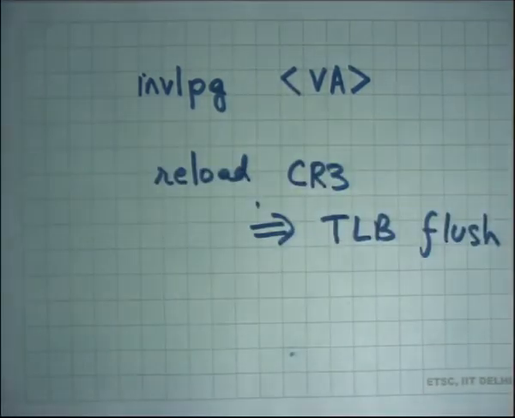So on every context switch, you flush the TLB completely, because the entire address space has changed. All the old cached VPN to PPN mappings need to be invalidated. Okay, all right. So it's important for an operating system to ensure that the number of entries in the TLB